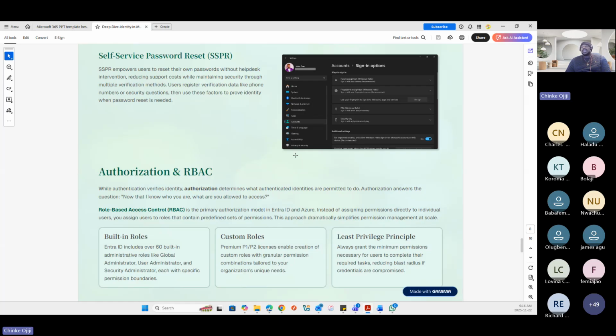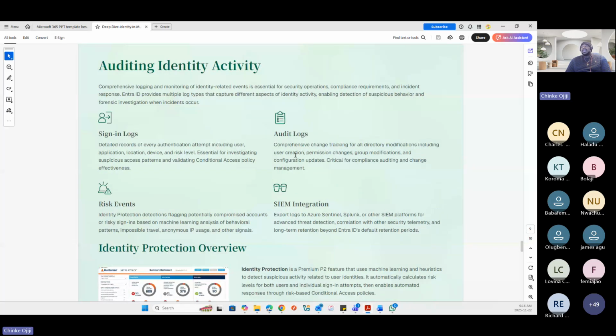We've already discussed that previously, and we've discussed the auditing, the sign-in logs, audit logs, risk events, and SIEM integration. Now, you can export logs from Microsoft Purview, from Azure Sentinel into Entra for review, for you to see how this works.